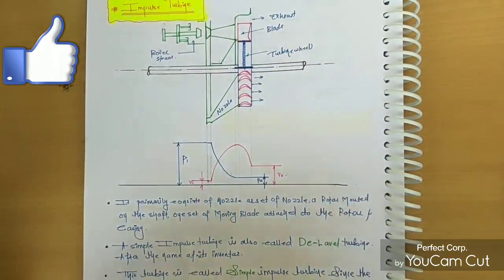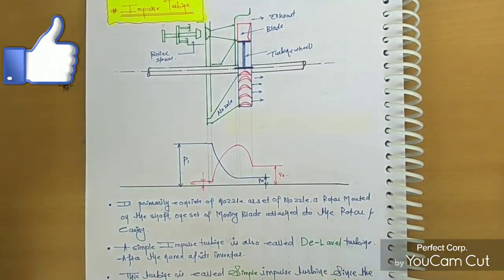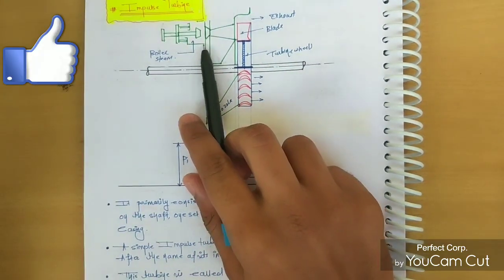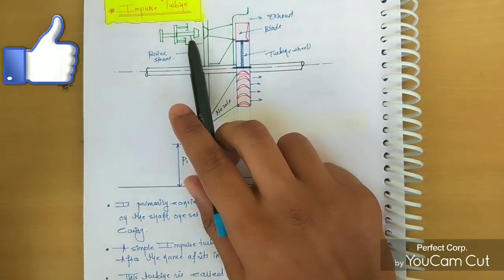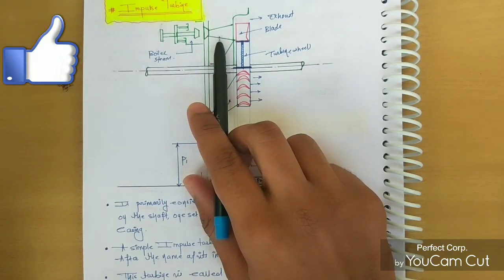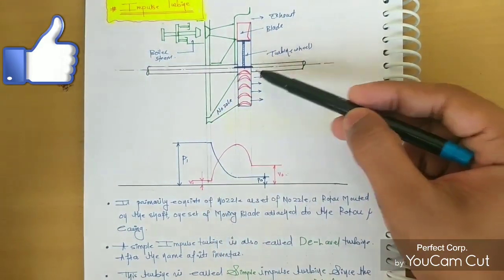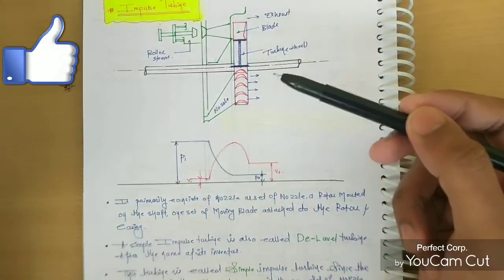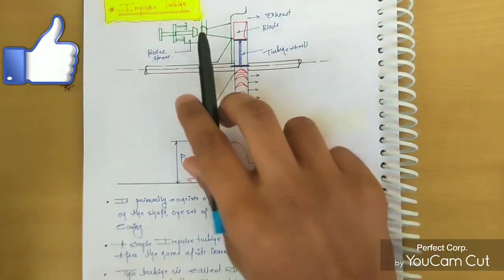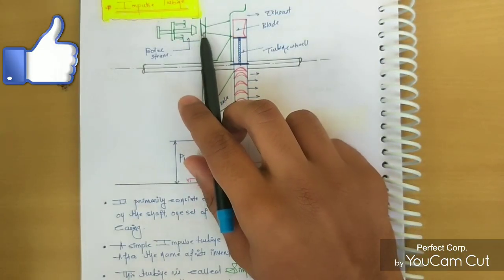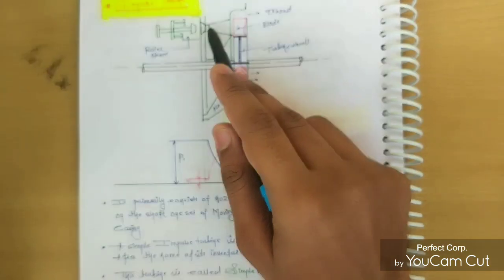This is the schematic diagram of an impulse turbine. There is a wall from which the high pressurized boiler steam comes out, and here is a nozzle and this is a moving blade, and it is a series of moving blades, not one moving blade. Okay, when the high pressurized steam comes out from the boiler, its pressure is totally dropped in that